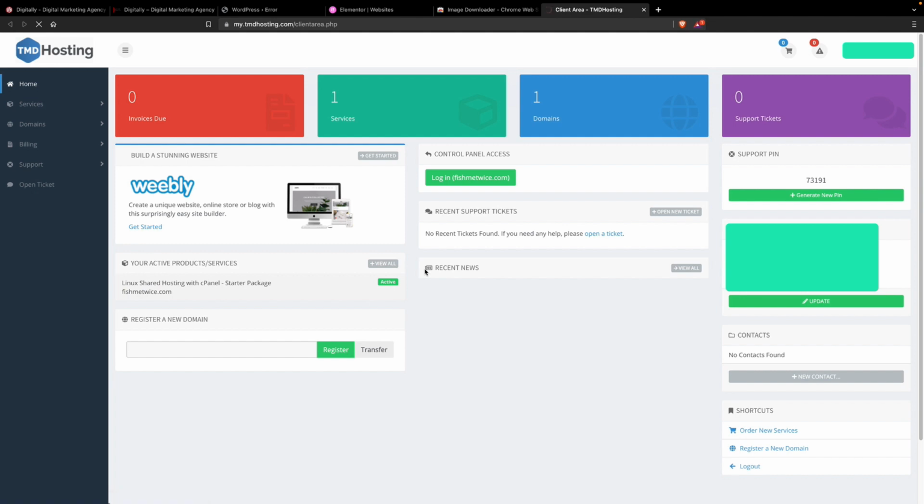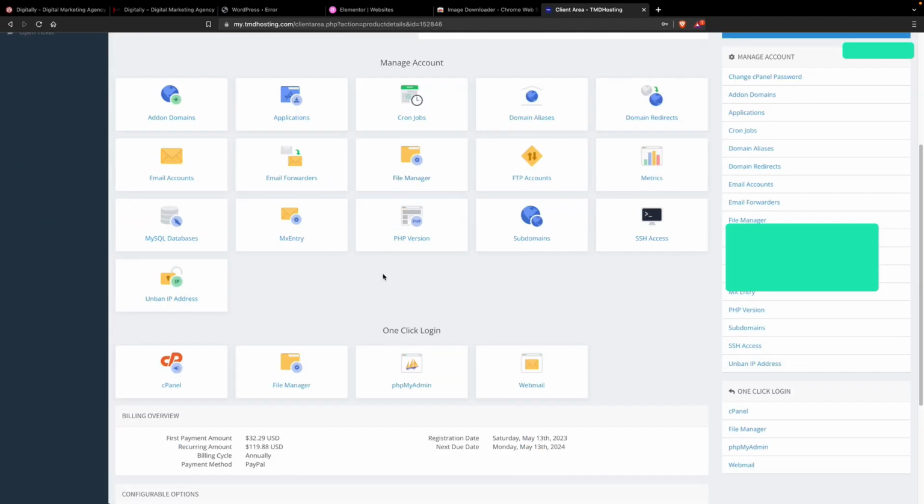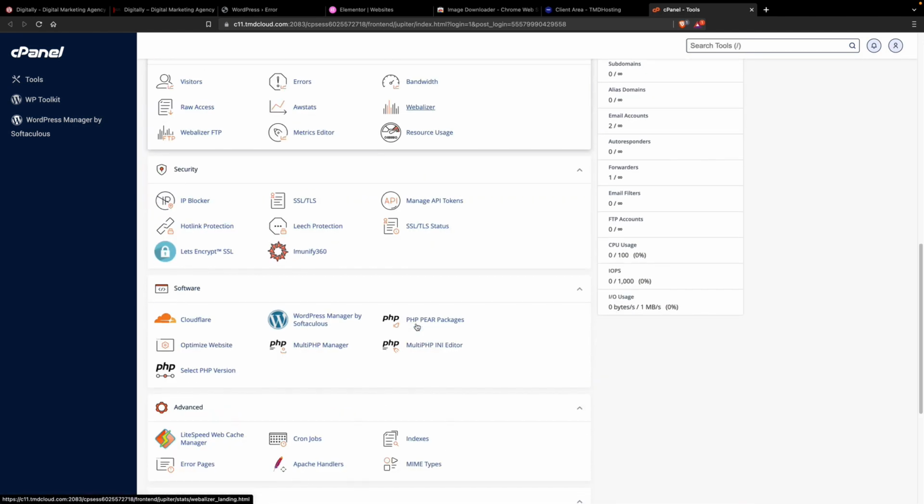We have to click on Linux shared hosting. We are going to cpanel. So scroll down and you can see there is a button cpanel. We have to click on it. Then it will redirect to the cpanel and we have to find PHP